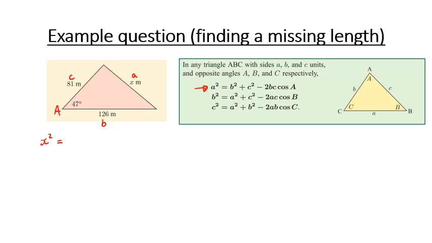So x squared is equal to b squared, which is 126 squared, plus 81 squared, which is our c squared value, take two lots of our b value, which is 126, multiplied by our c value, which is 81, multiplied by cosine of our angle, which is 47. So therefore, x squared is equal to, if we put all that into our calculator, 126 squared plus 81 squared, take two lots of